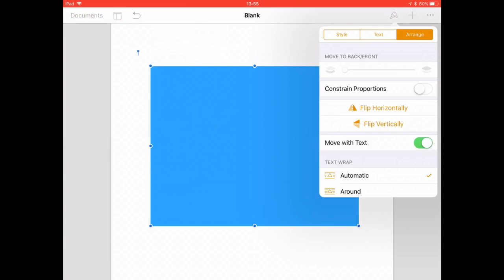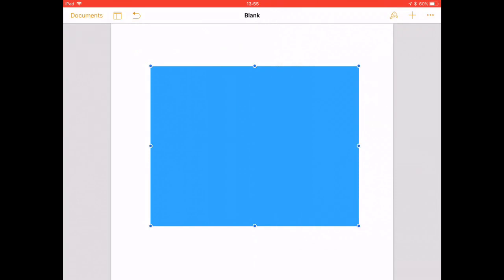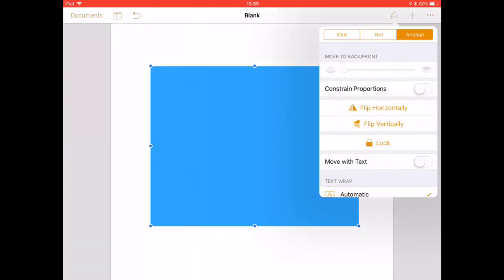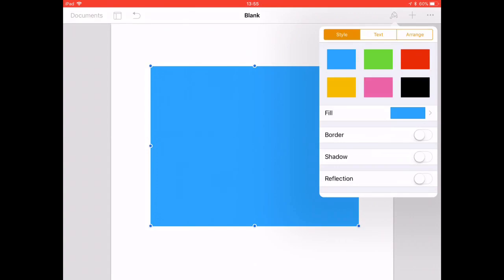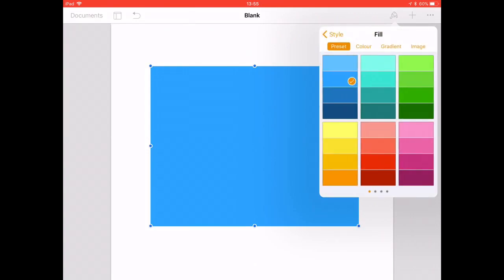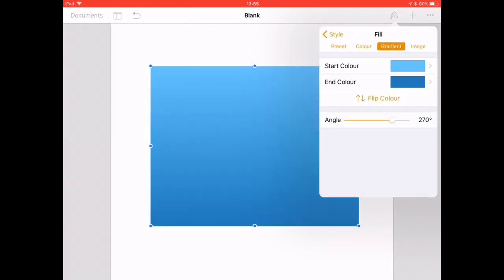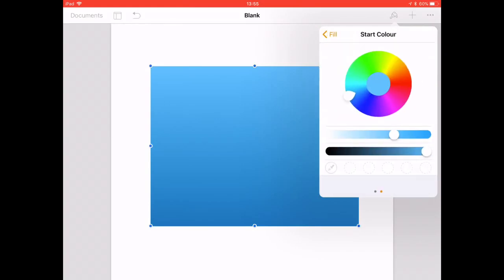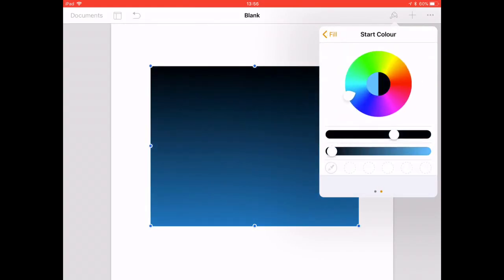We're going to do two things. We're going to turn off Move with Text, and then we'll click on the paintbrush again, and we'll go to Style, and then Fill. And when you get to Fill, there's the option of Gradient. Now gradient's got a start colour and an end colour. The start colour is at the top, the end colour is at the bottom. So if we make the start colour pretty close to black or dark blue,